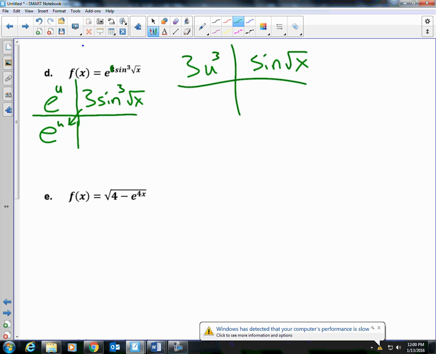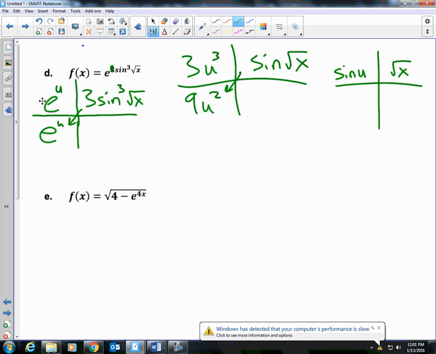Derivative of 3u cubed is 9u squared, then the derivative of sine of the square root of x. Okay, all right, we're gonna like it. It's on the final. So we have sine of u, and yep,